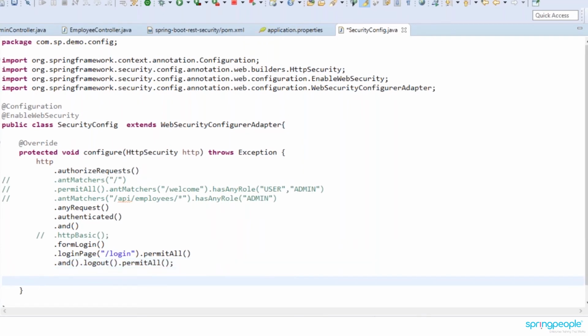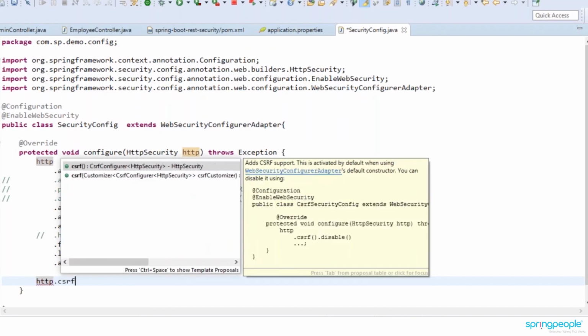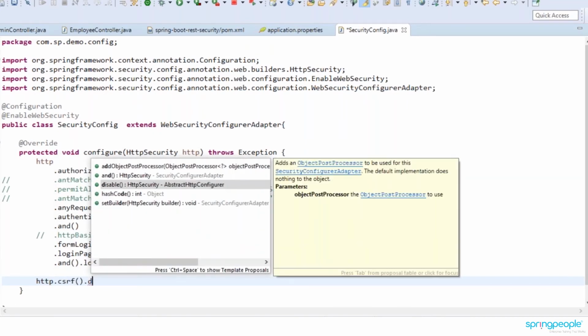And if you should not get the form login, that is the Spring security login page, you can write http dot csrf dot disable. If you disable it, by removing it and doing a fresh version, the configuration can be applied.